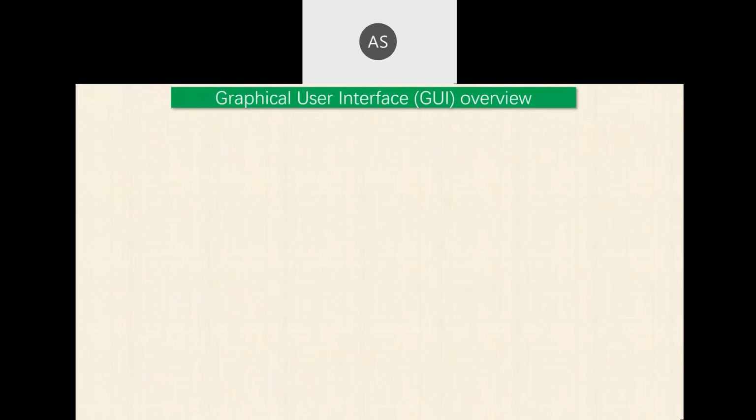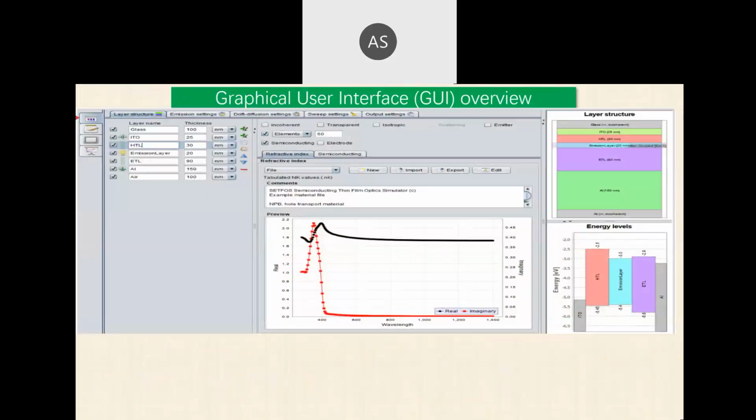Now let me discuss in detail. SATFOS has a very good graphical user interface, because whenever you do modeling, you should have a very attractive user interface so that beginners and new users can learn the software capability quickly. That's why we have a very good graphical user interface. You have no need to understand any script. There is no need to learn Python, C, or Java, or any machine learning. There is no such necessity here.